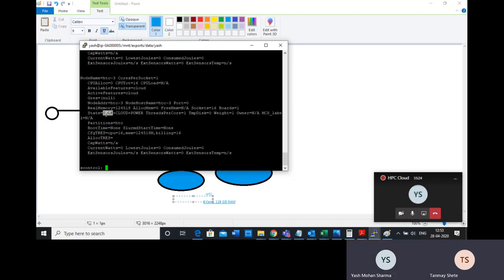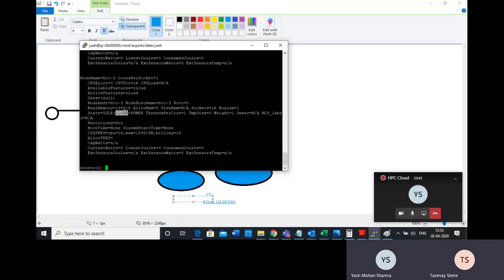But in the cloud deployment, you see more complicated states, and that's why it is showing idle plus cloud plus power. What it means is that the machine is in the cloud, it is idle, but it is also powered off. It is shut down actually.